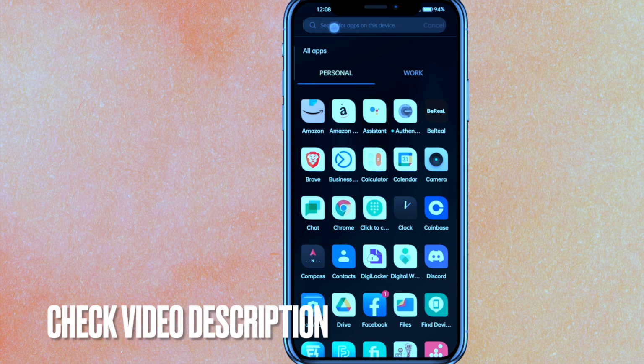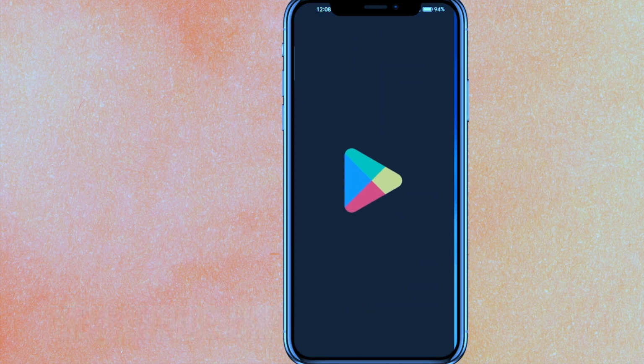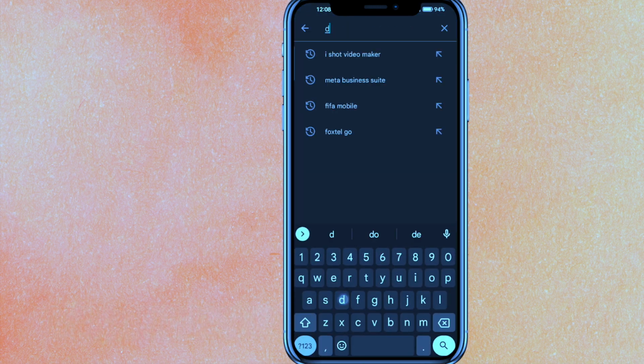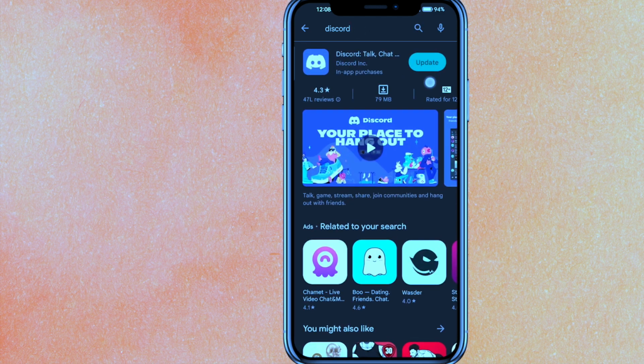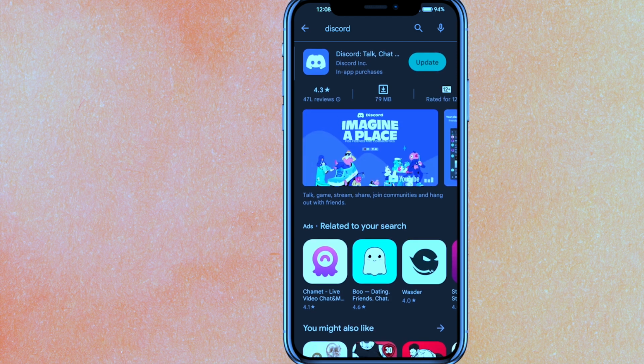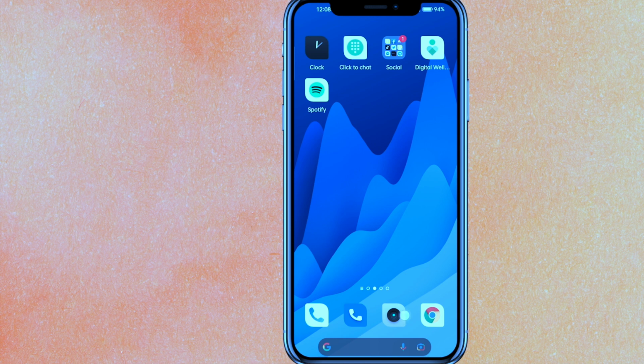Now, the very first thing you have to do, you have to just go to the Play Store and guys here you have to search Discord. So here we will search Discord, hit the enter and make sure that you are using the updated version of Discord. Let me refresh it once again, and here as you can see I'm getting the option update, so you have to update the app right now and make sure if it is working perfectly fine then it's great,